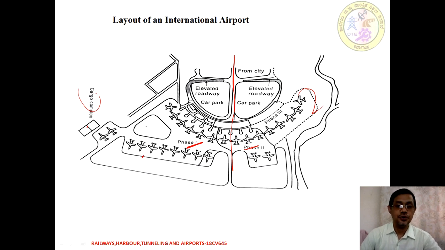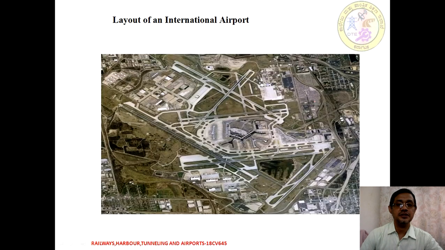That is how the layout plans are going to be decided with respect to the availability of site, topography, aircraft sizes, operations, instrument landing, airport facilities, and traffic. So likewise, different layouts can be done. These are some of the images. Just see how it is actually going to be built with respect to the layout configuration.